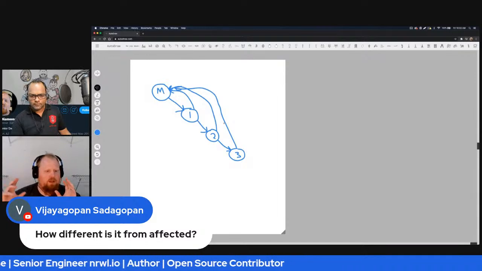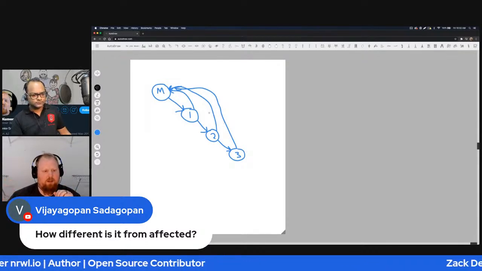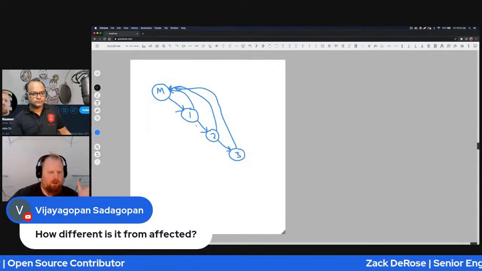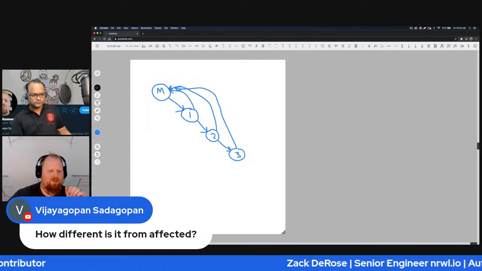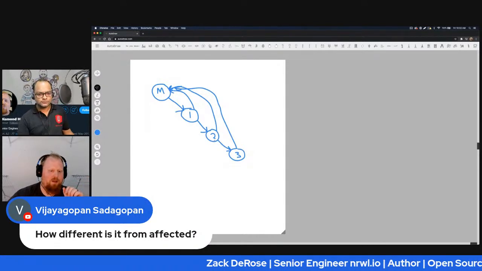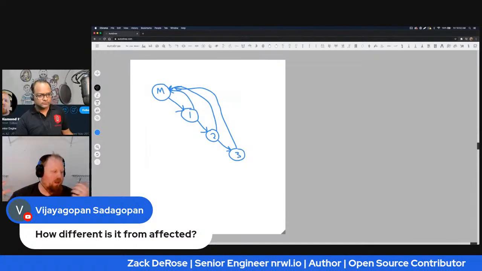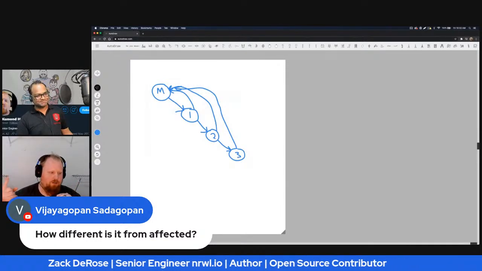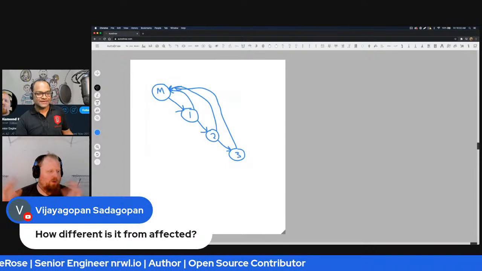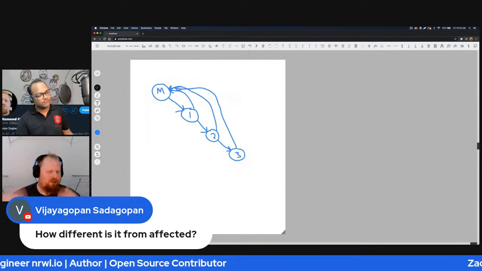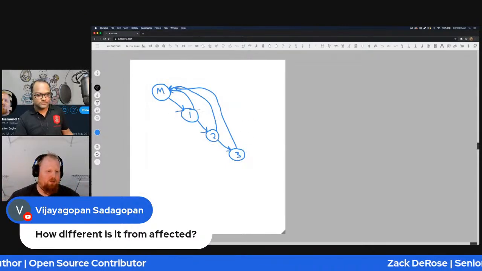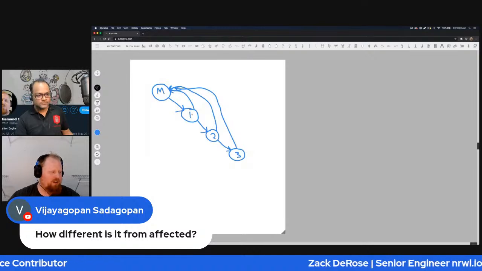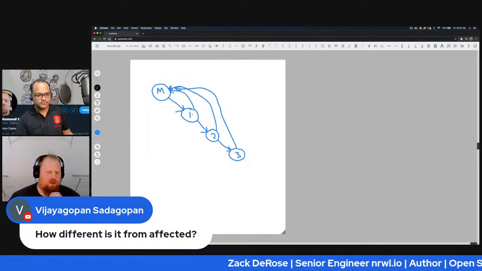So in this situation, affected is helping a little, but if commit number 2 or commit number 3 were a one line change on one of our libraries, we wouldn't want to run tests on everything, especially if number 1 introduced a fairly large sweeping change that had to test a lot of stuff.